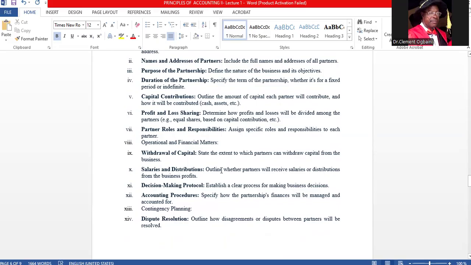And also, you can include other operational matters. You can state how issues of withdrawal will be treated. And also, if there's any partner that will be receiving salary, it will be stated. And also, you have to state the process of making decisions and how the accounting is going to be. If there's going to be a contingency plan, then you have to state it. And also, lastly, you must state